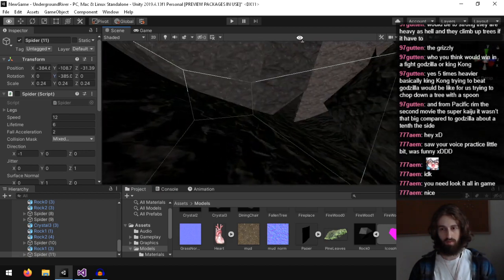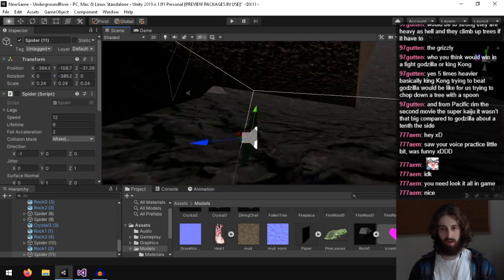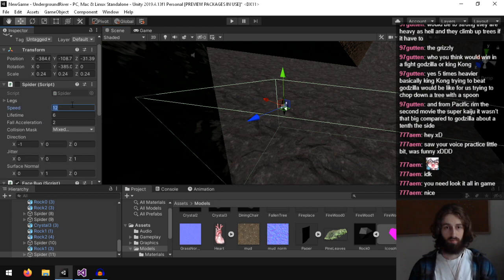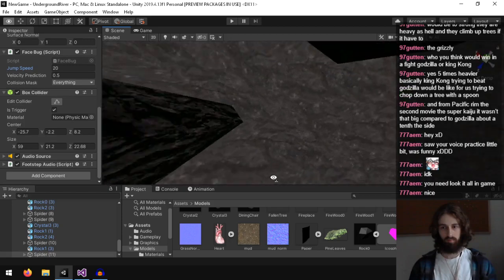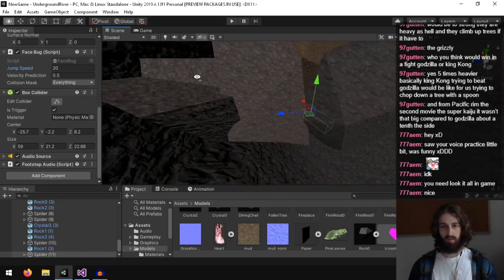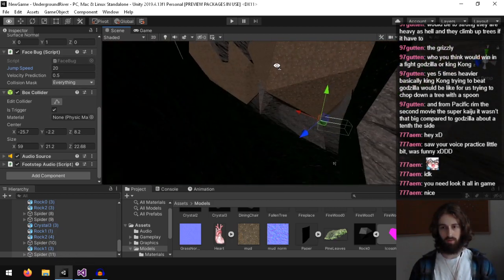Oh, wait, yeah, so you will be able to go by without getting hit. Alright, then over here, I feel like having the player jump up here, maybe.